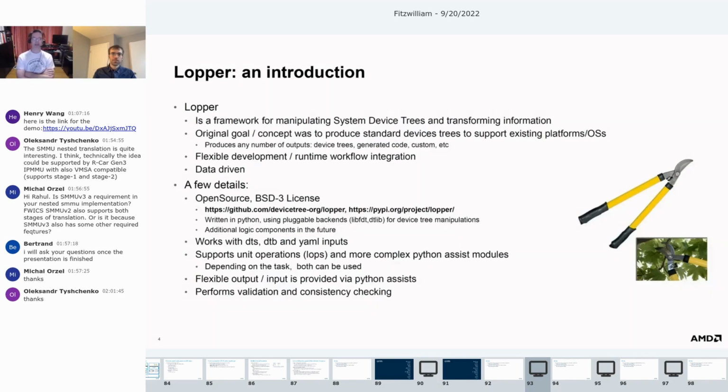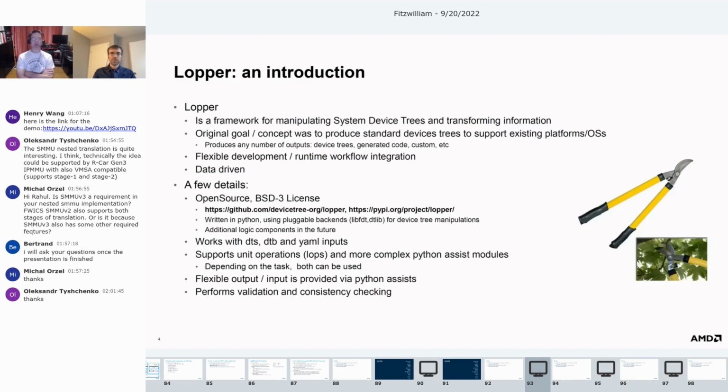But since then, as we worked through system device tree and the various use cases, it's become more of a framework for manipulating device trees and transforming the information, writing different outputs, different things like that. So it became sort of a framework that can still meet the original goal of producing standard device trees to support your existing operating system or platform,